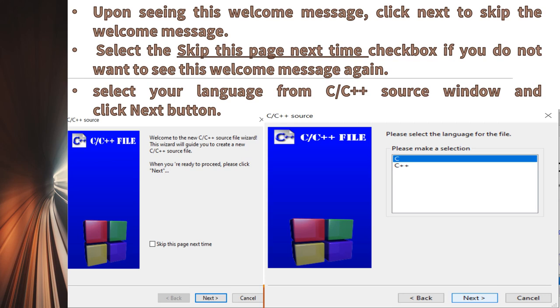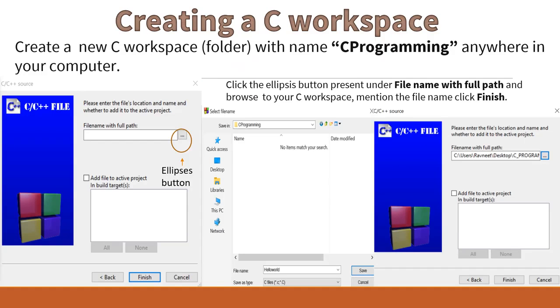Then a C/C++ file window will pop up and from that window select C as the language for files and then press the Next button. Before going further, create a new workspace folder with a name of your choice, like I have selected here, C programming, anywhere in your computer.